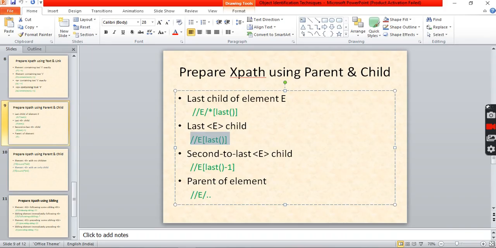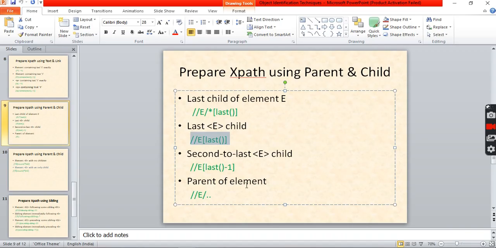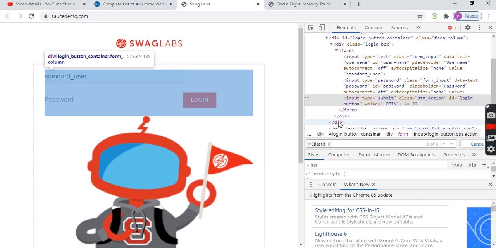Again, first I want to identify the previous element, meaning the password and the username. How can we identify them? There is another technique. We already know input.